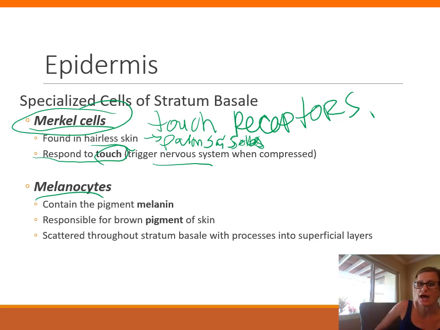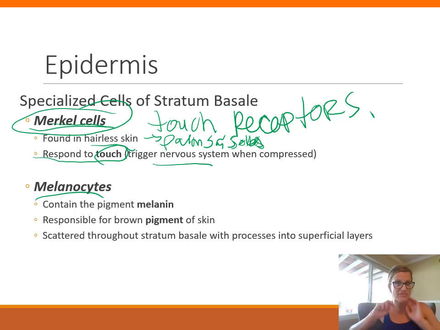And in this stratum basale on the hands and the feet, we have Merkel cells. So additional touch receptors in addition to the other ones that we have down in the dermis. So that means that the palms of the hands and the soles of the feet are extra sensitive to touch. And this makes sense, right? Like, our hands and our feet are tools. We use our hands for numerous different activities, so they need to be sensitive to touch. All right, so the stratum basale has mostly basal cells, but then there are some Merkel cells if we're looking